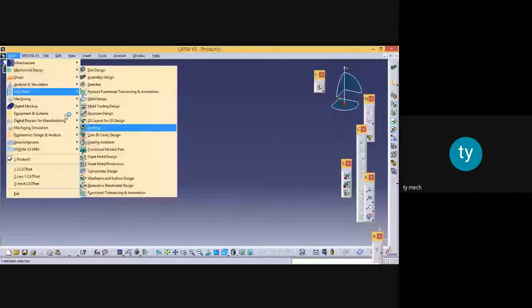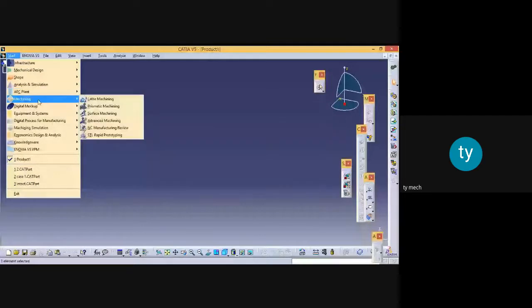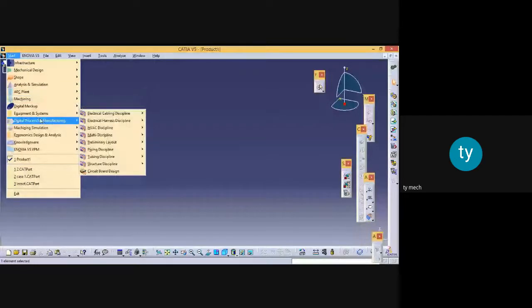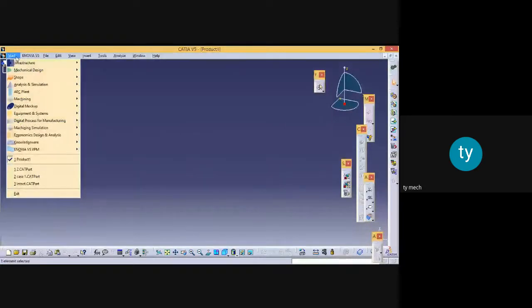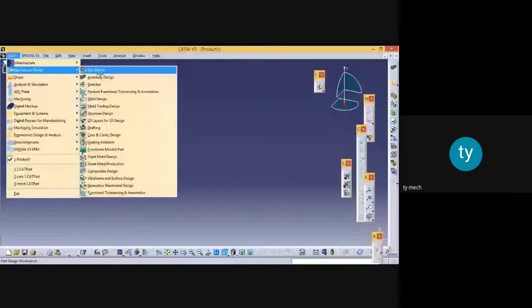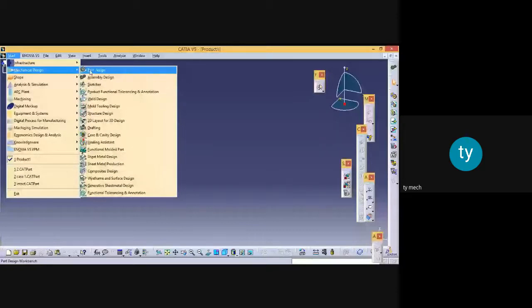So you can go for the shape analysis, simulation, then machining, digital mockup, equipment process. All these things are directly connected to part design. So in CATIA software, mechanical design and part design we are going to learn. First of all, I will click on the start menu, then I will go to mechanical design, then go to part design.